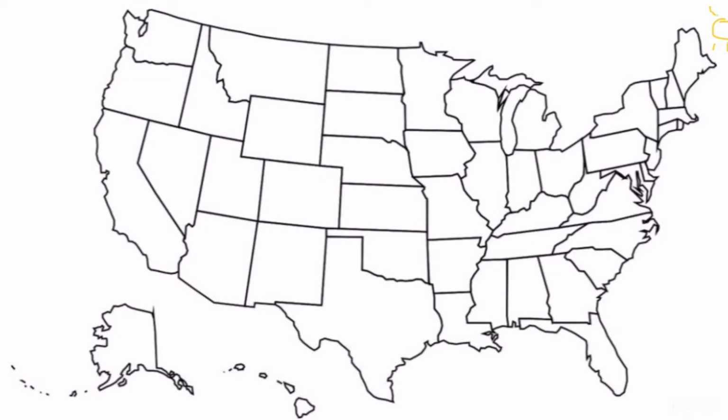So let's begin. So first we have Augusta, Maine. Think of it as it's a Maine place to go in August. So let's draw a sun and an umbrella in the state of Maine.